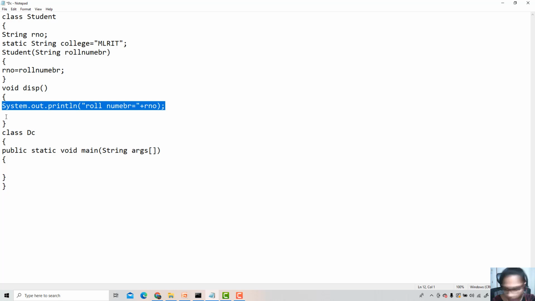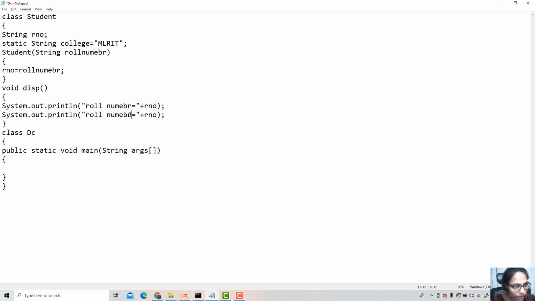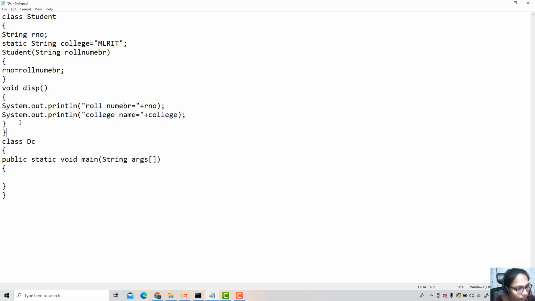Then I'm displaying the college name, so that is available within college. Now I'm closing this class. Then here I'm creating two objects. Student S1 is equal to new Student.